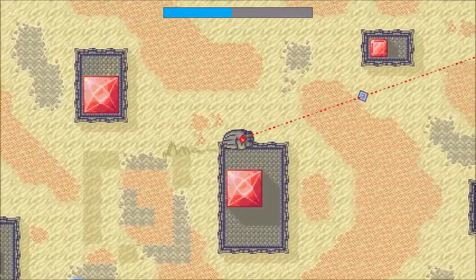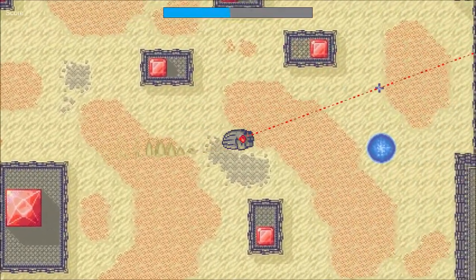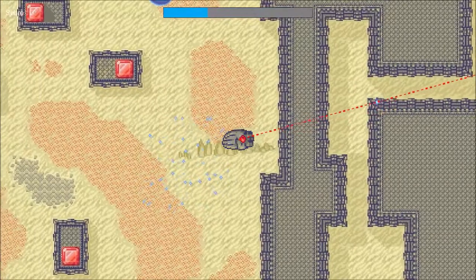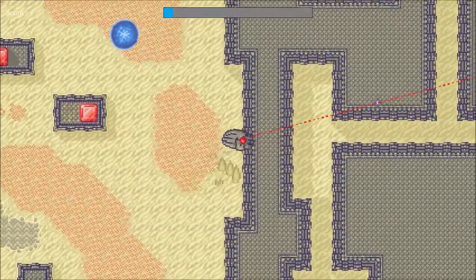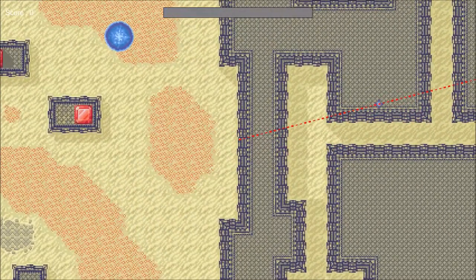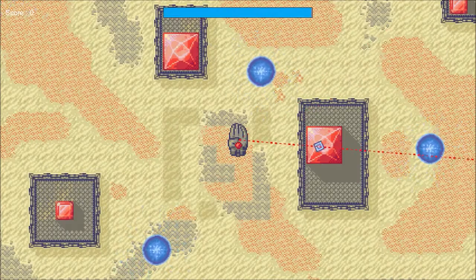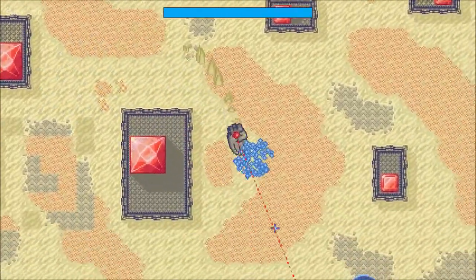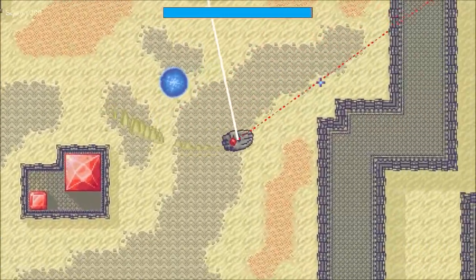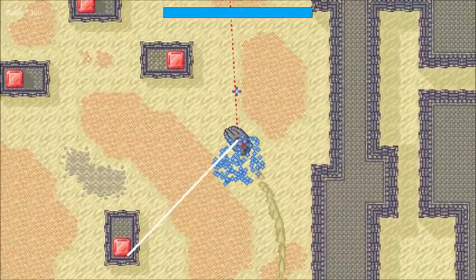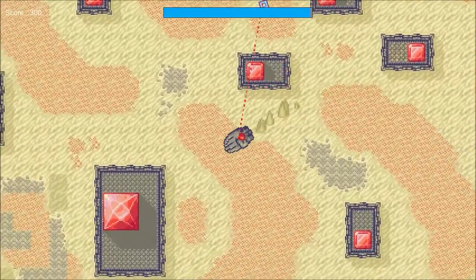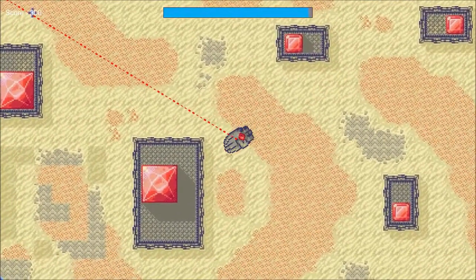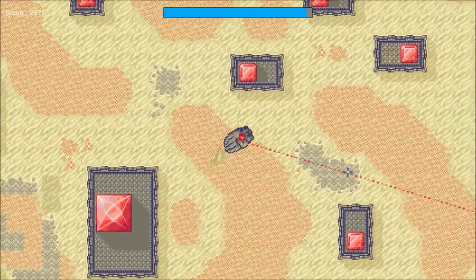As you can see here, when you hit obstacles, your energy bar decreases as well. And as I said, when it goes to 0, the game restarts. By collecting these blue orbs, you can restore your energy bar and survive a little longer. As you can see at the very top, we have a score system, and